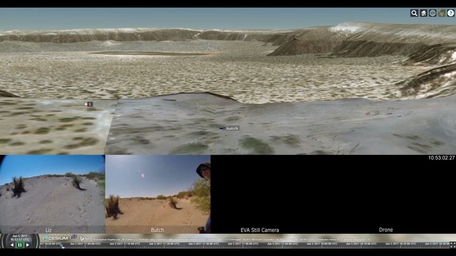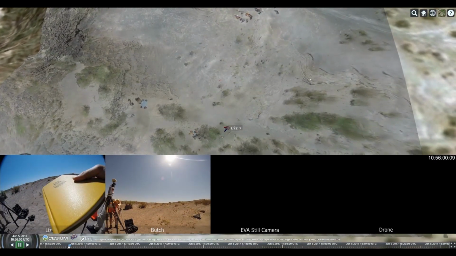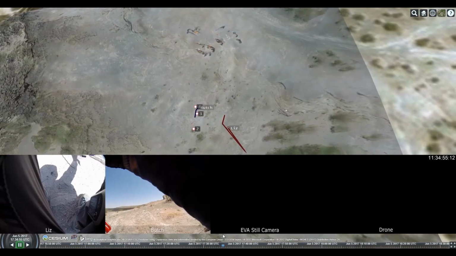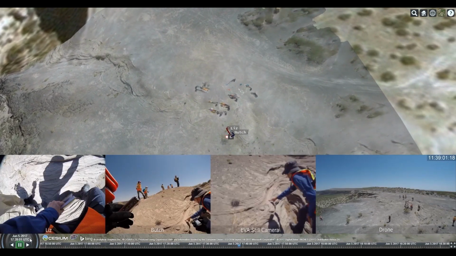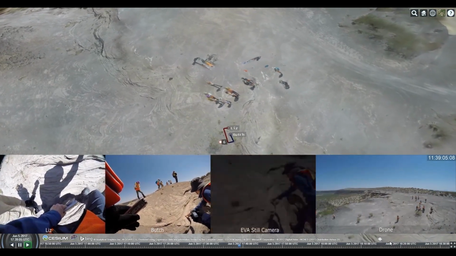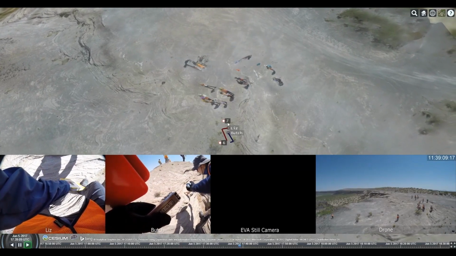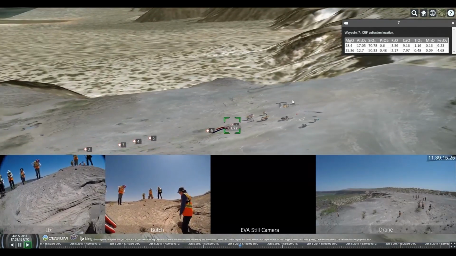There's Jake Bleacher, who was the field lead, and I'm scrubbing through GPS location data. So you can see us walking around, or Butch and Liz Rampe, who is the other crew member on our EVA. She's a planetary scientist. And this is a data set that was collected by UTEP, the University of Texas, at the same time.